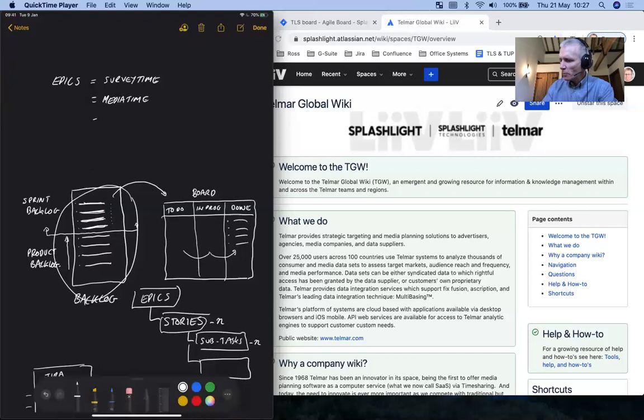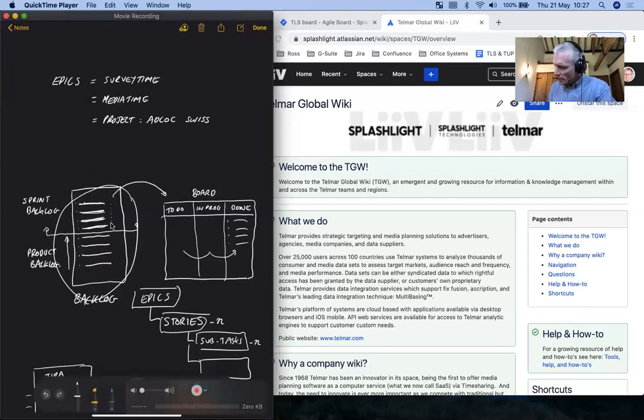But we also might have an epic for, let's say, a project, let's say Adlock Switzerland. The great thing about using epics in this way is epics allow us to assign these stories, way down here, to epics.